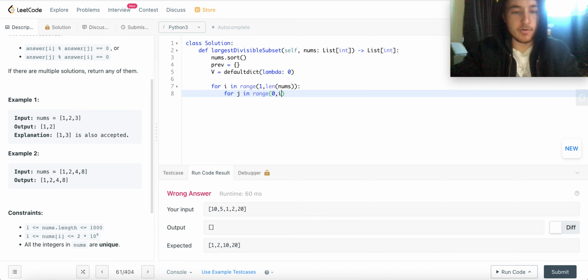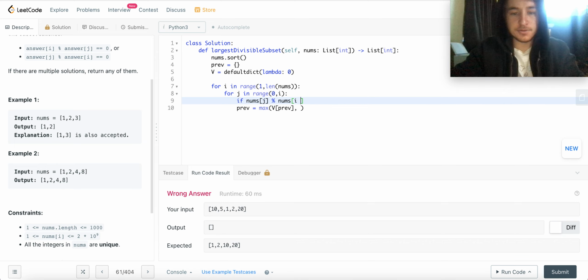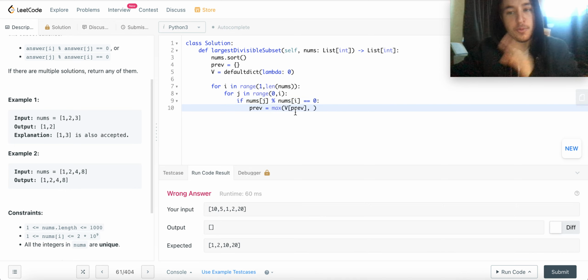All the neighbors that come before you, you have to look at all of them, and you'd say, okay, prev equals the max of v at prev, so the value of prev that can go into me, only if, so if nums at j mod nums at i equals 0, so now I'm asking, okay, can I attach to this node? Okay, well then it'll be my prev if its value is greater